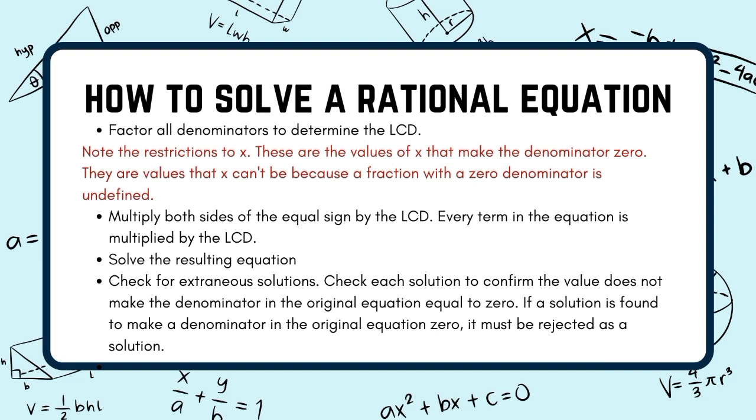Multiply both sides of the equal sign by the LCD. Every term in the equation is multiplied by the LCD. Solve the resulting equation. Check for extraneous solutions. Check each solution to confirm the value does not make the denominator in the original equation equal to 0. If a solution is found to make the denominator in the original equation 0, it must be rejected as a